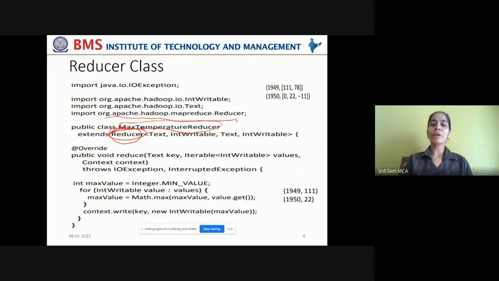From this superclass, we extend into our customizable class, which will override the reduce function already declared in the Reducer class. Through this reduce function, we will be able to write our customized code again in order to sort and consolidate the final outputs.